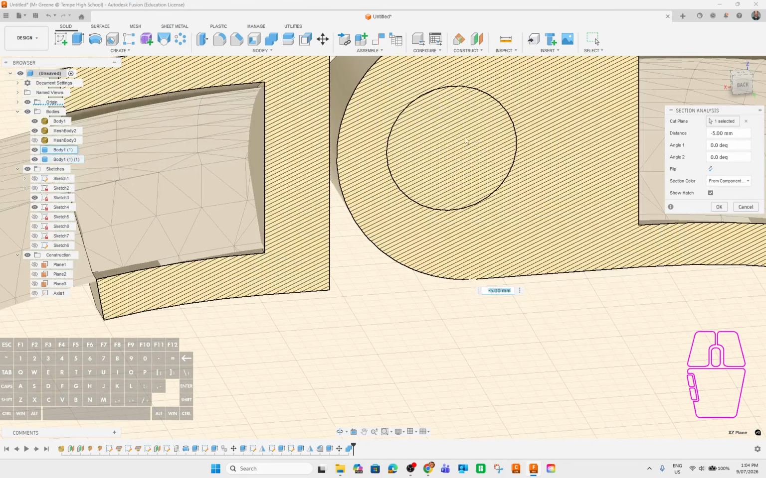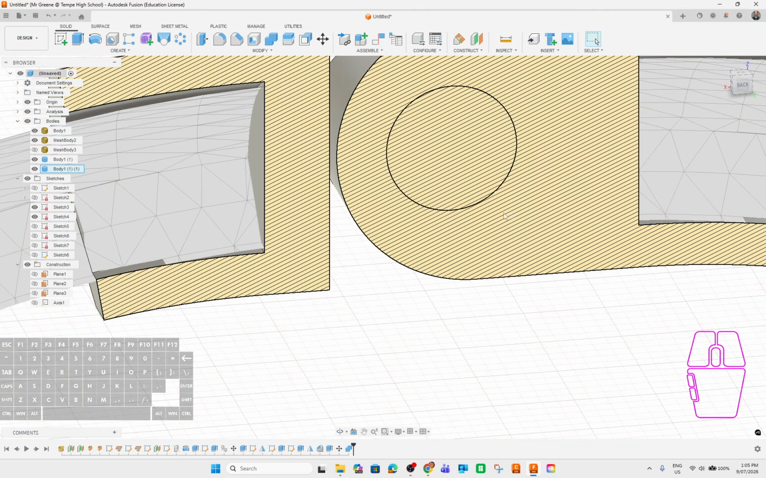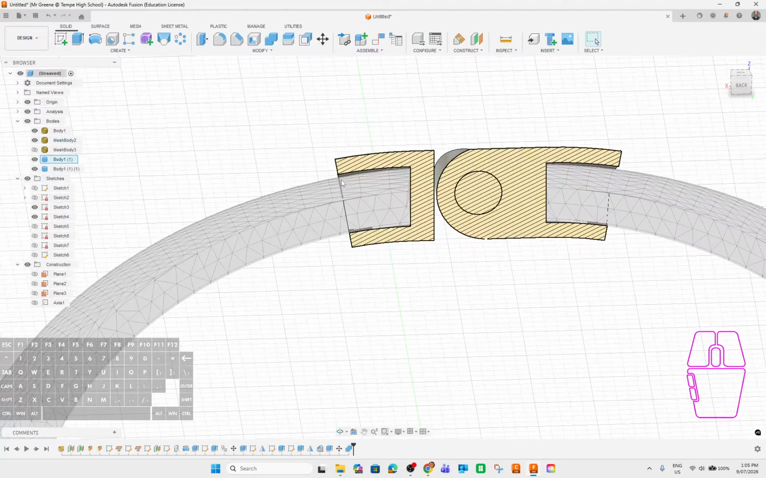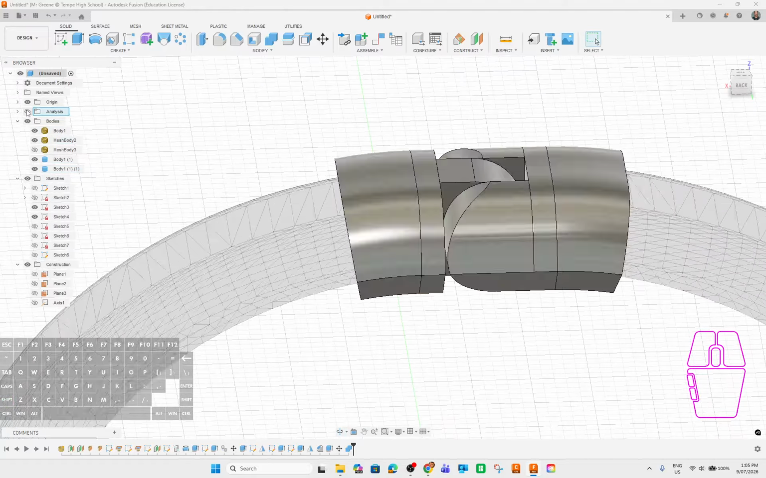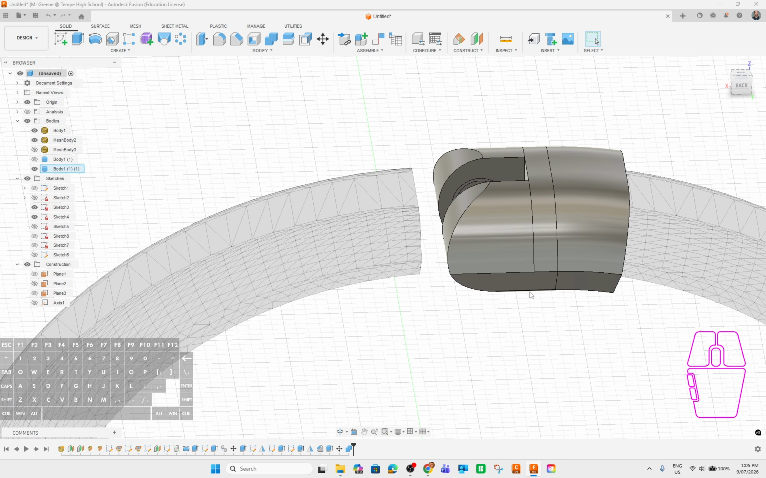So you see there, that's the little peg inside, and there's no space between it, right? So we don't really want that. If we print it like that, it'll just print as one solid piece and it won't actually be a hinge. So there's no point in doing any of this really. So what we need to do is turn off our analysis and focus on this